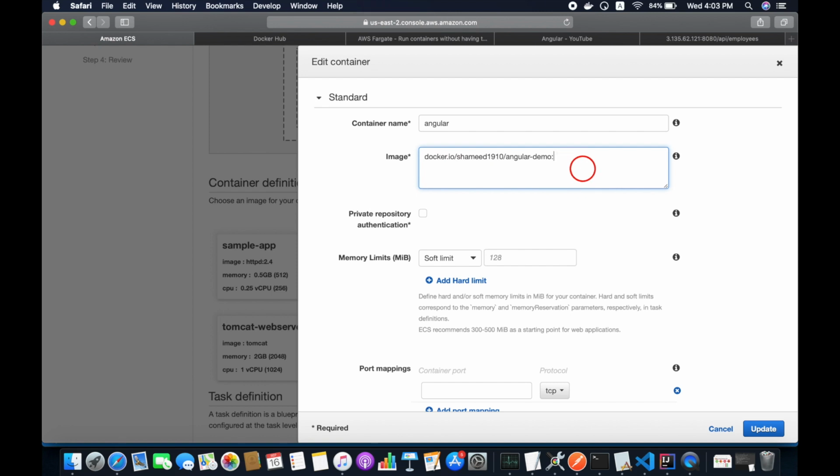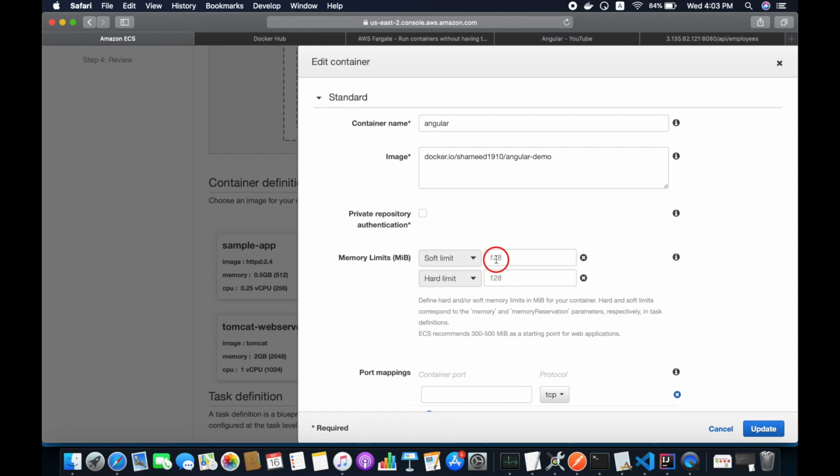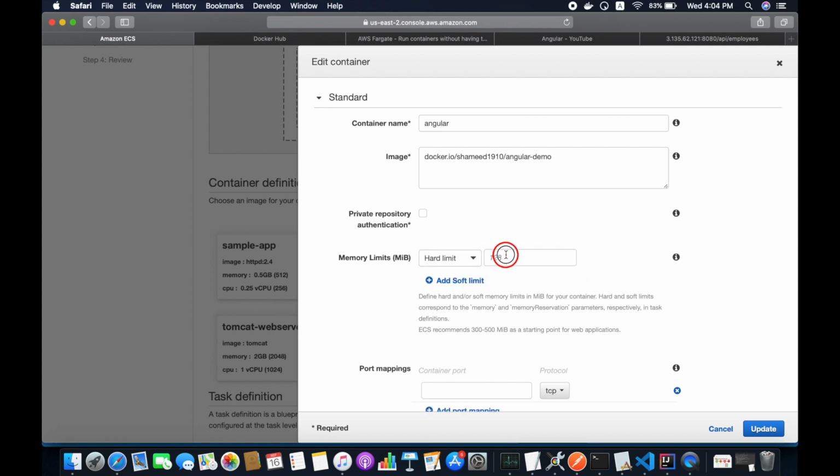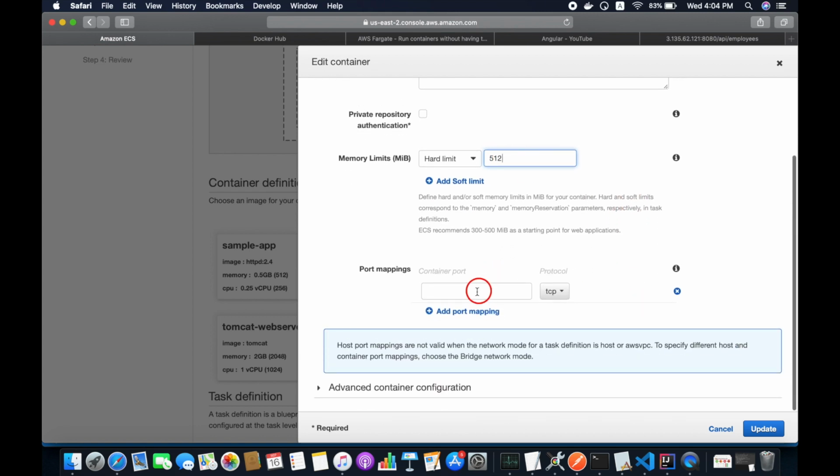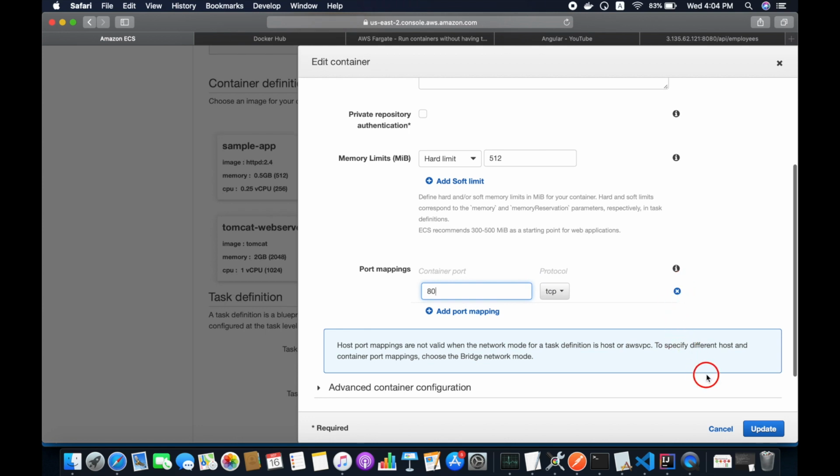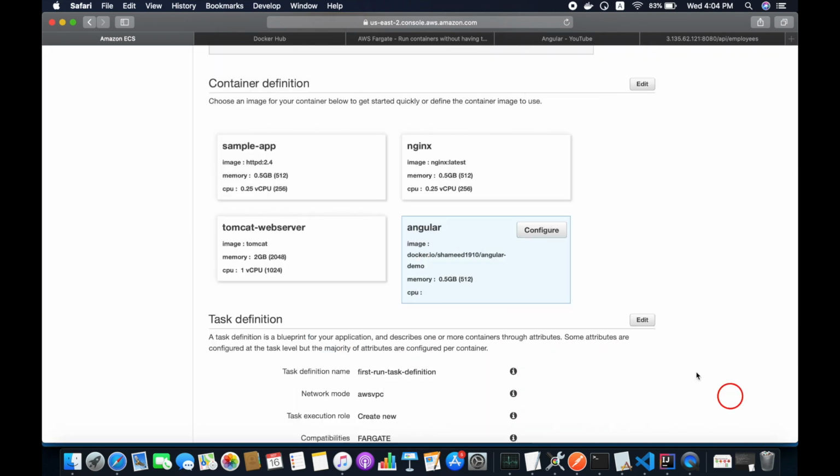Let's remove this tag name, and we need a limit. I'm going to define the hard limit as 512, and the port mapping is 80. Let's update this.